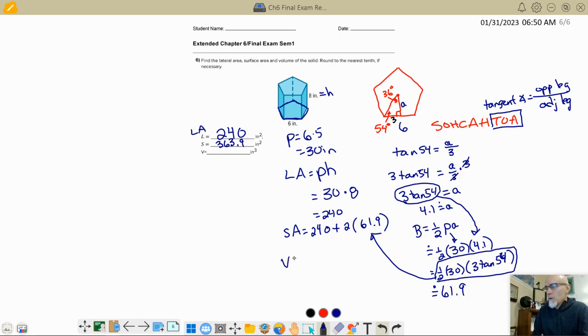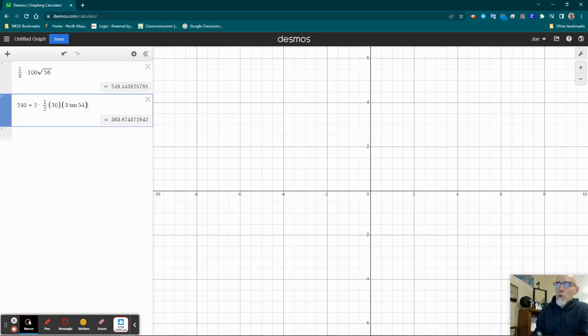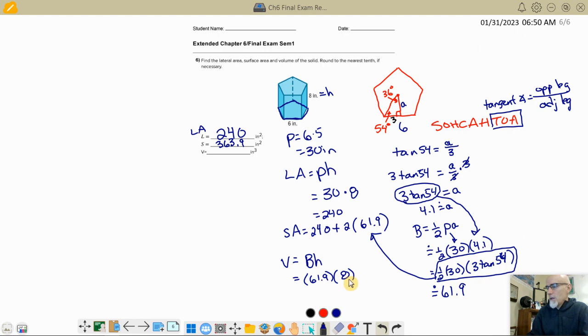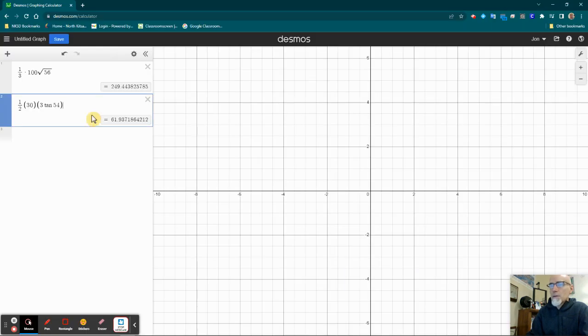Now look, volume is area of the base times the height. Well, I just got the area of the base was 61.9. It's okay if you write it on your paper, 61.9, but I'm not going to take 61.9 times 8. I'm just going to jam over to Desmos and get rid of some of the stuff that I don't want. Now there's the area of the base, right? I want that whole thing times the height, which was 8. So I'm going to go times 8. This is my volume,